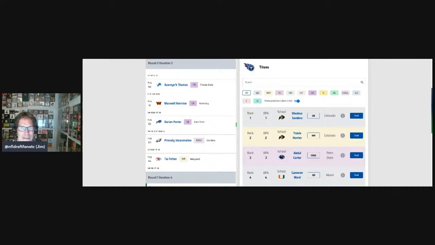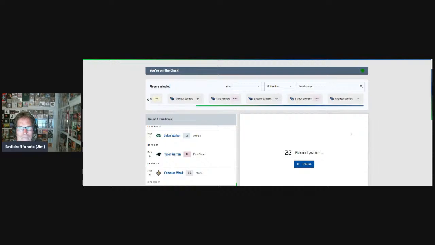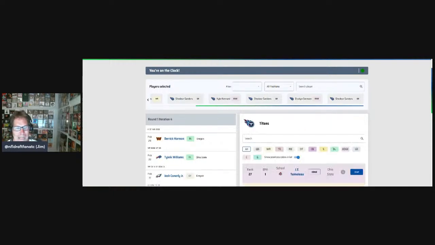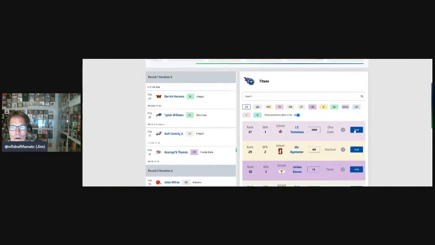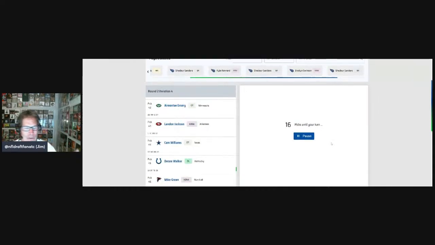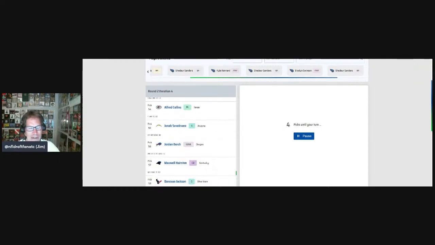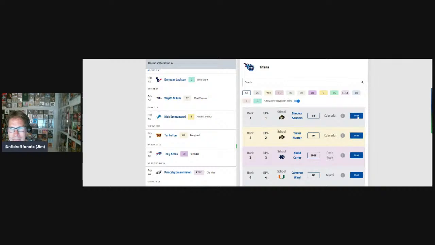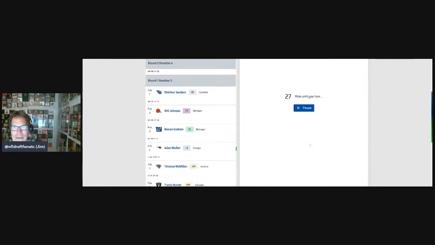So notice how Sanders is now the top player on their board. Okay. That happened because I just kept picking him over and over and over again. Okay. So if fans are doing normal mock drafts on the site, that will also work. The biggest issue is the number of mouse clicks it's going to take you to do a 2, 3, or 4 round mock, complete it, then go in and do another one. A second round challenge just spins those mocks back to back to back to back, and they are linked. And I will show you how they're linked here in a minute. When we get to number 9, I'll show you how they're linked.